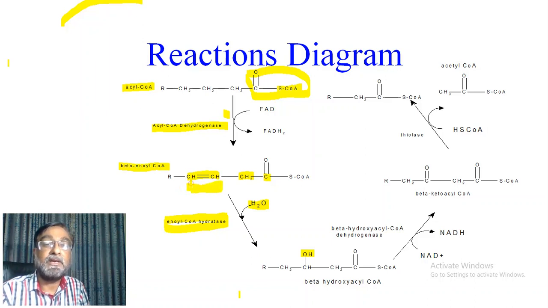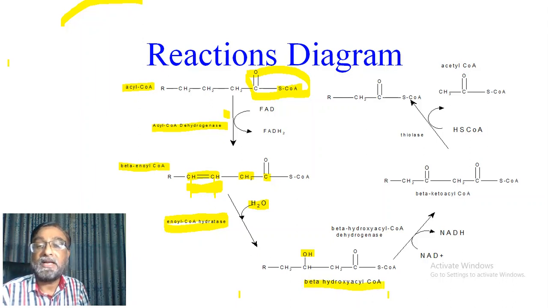At that point OH, and at that point there will be addition of H, breaking down this double bond. So OH and H are added here to form beta hydroxy acyl CoA,